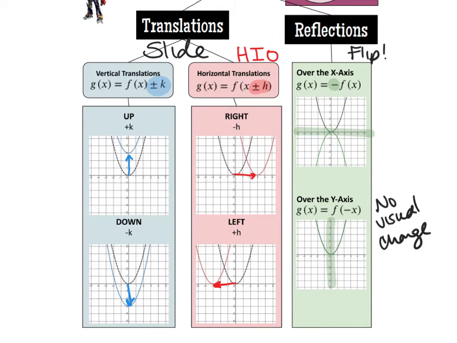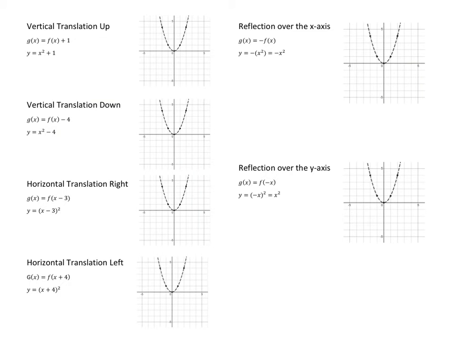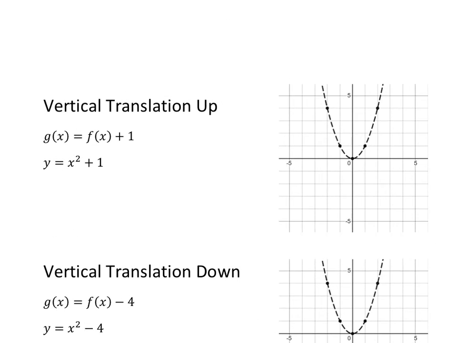Okay? Open this up. We're going to go to the inside and actually do a few of these transformations ourselves. We're going to take it easy today, go one by one. Our first transformation is a vertical translation up. So I have drawn the parent function for you every time. It's positive, it's a happy parabola, it goes through the origin. What does this vertical translation up tell me to do